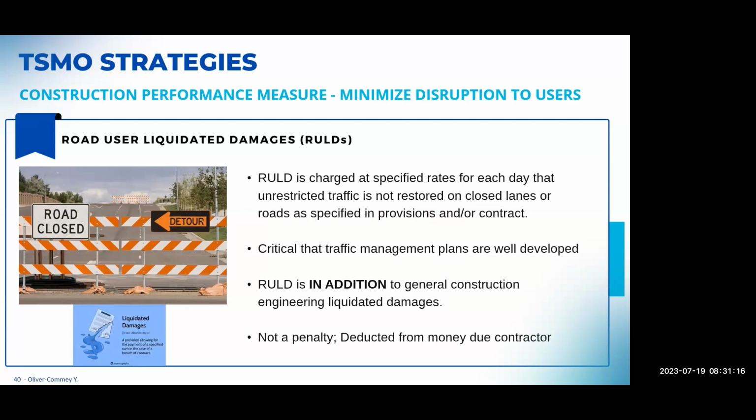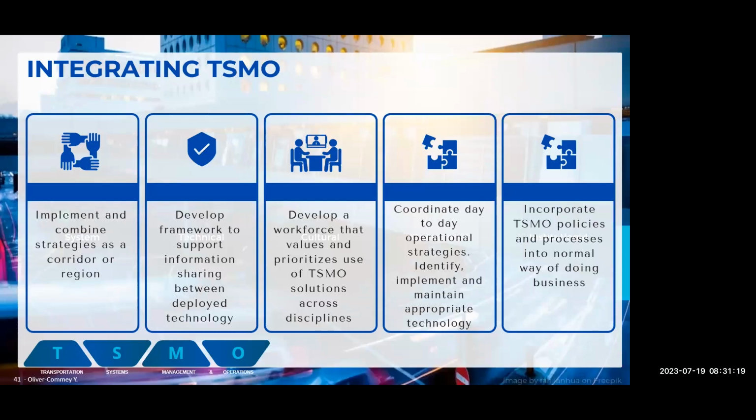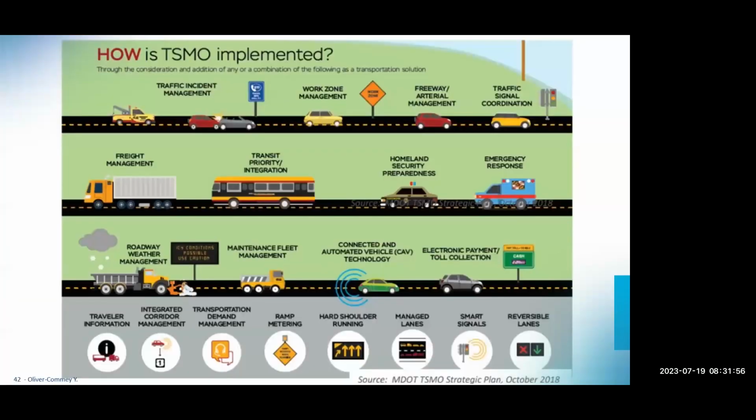So to be able to integrate TISMO, you really, as I said, need to have the agency decide that we're willing to think beyond just adding new lanes or adding new capacity and sort of coming together to think through different strategies, some of which I've just mentioned, to try to combat congestion. They have to set up a system where you either have like a TISMO office that's really overseeing the idea and dissemination of this process to all the different municipalities or assemblies. We've got to develop a workforce that thinks that way. If they don't think that way, they're not going to do it.